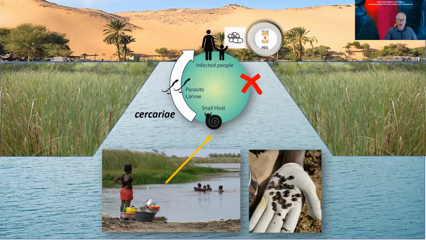Now, there is a drug to treat infected people, praziquantel. It works well, it's cheap, but after removing the parasites from people, it does not do anything to target the environmental reservoir of the disease. So they continue to shed infectious stages for weeks after drug treatment. And like on a treadmill, this leads to an endless cycle of treatment and reinfection.